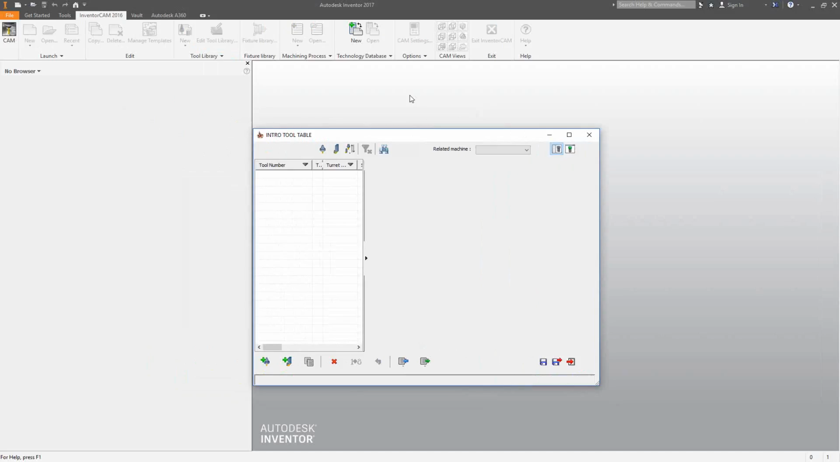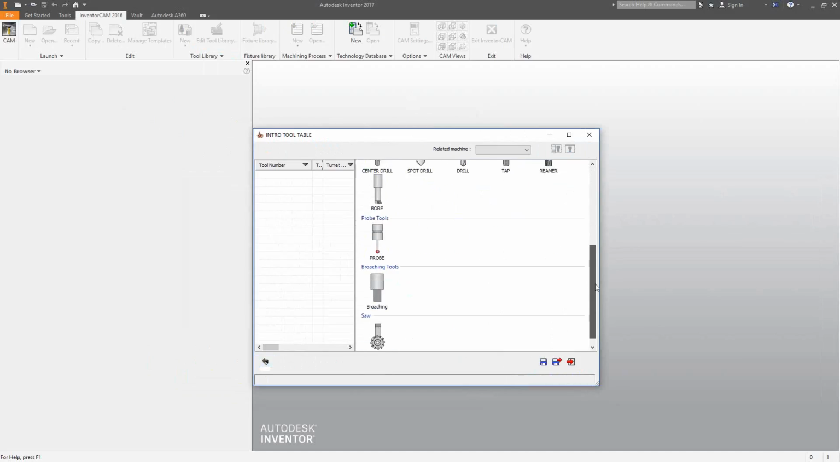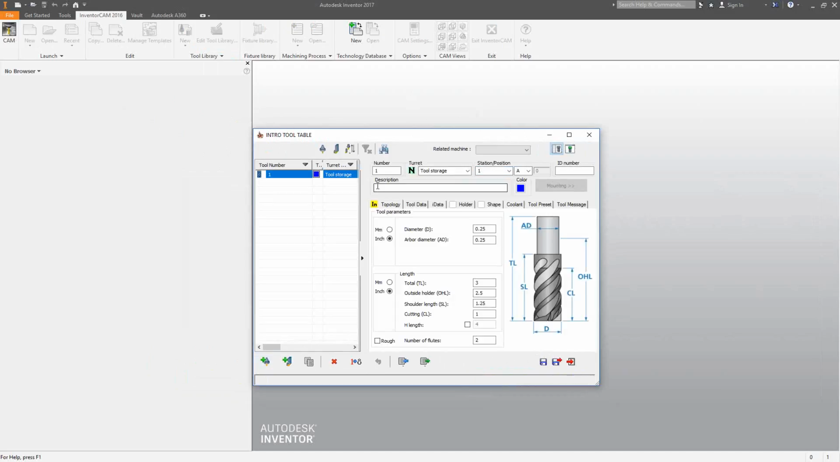So I'll just create a tool as we go along. I'll begin with a milling tool. You'll see from here that InventorCAM is asking me which type of tool I'd like to create. So I'll just go with the simplest one. I'll just say end mill, so flat end mill. As soon as I choose the type, it brings up this dimensional window where I can put in specifics of